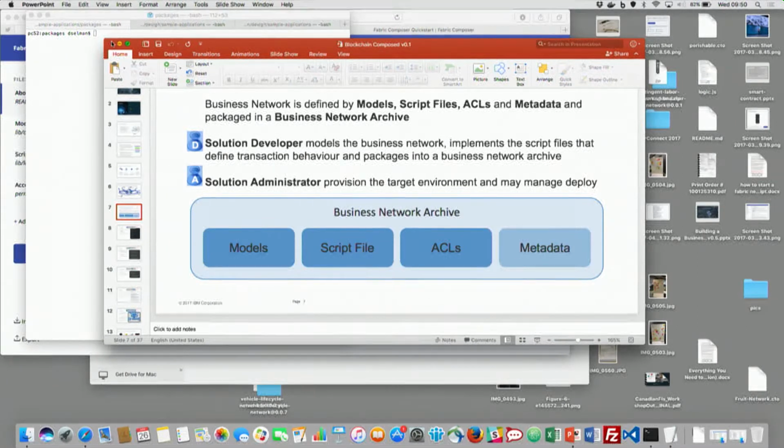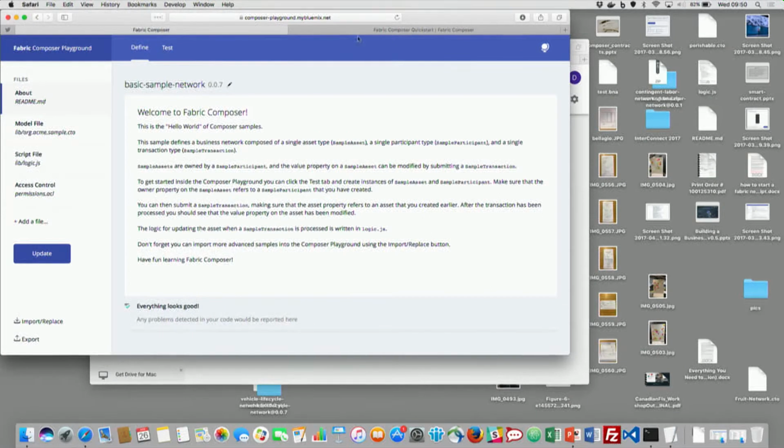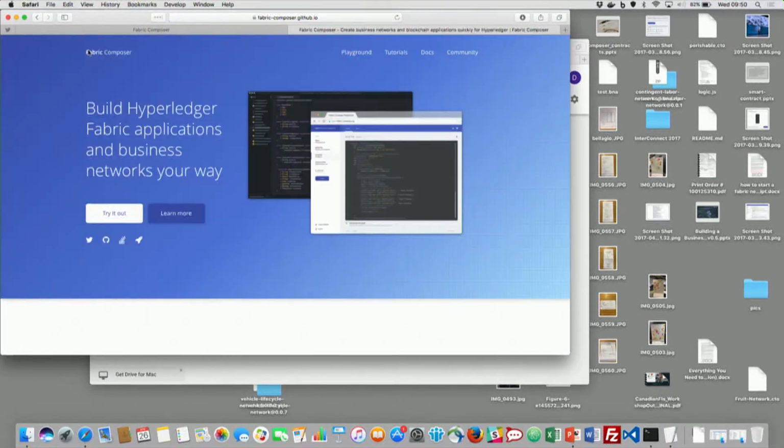Okay, let me get out of PowerPoint. And the first thing that I would like to show you is the Fabric Composer, which is the old name, a homepage. The new name is Hyperledger Composer because we've just moved into the Hyperledger organization. But if you go to the Hyperledger Composer homepage,